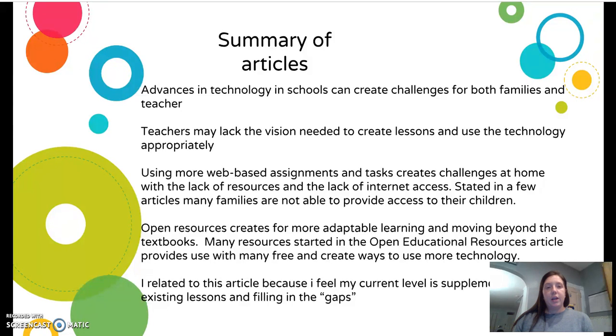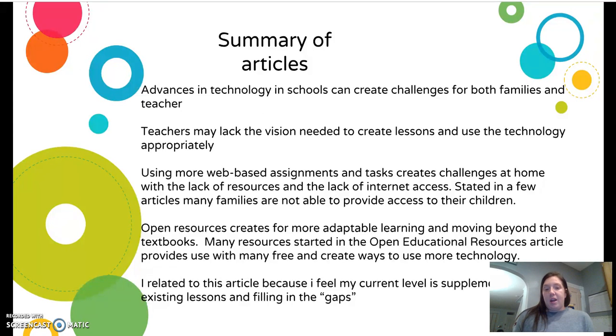I really enjoyed listening and reading more about these open resources. That specific article provided tons of free and creative ways to use technology with your curriculum. It allowed me to research more into that, go a little bit more in depth. And it talked about the challenges that families and teachers are being faced with when having technology as a key part of maybe the child's learning.